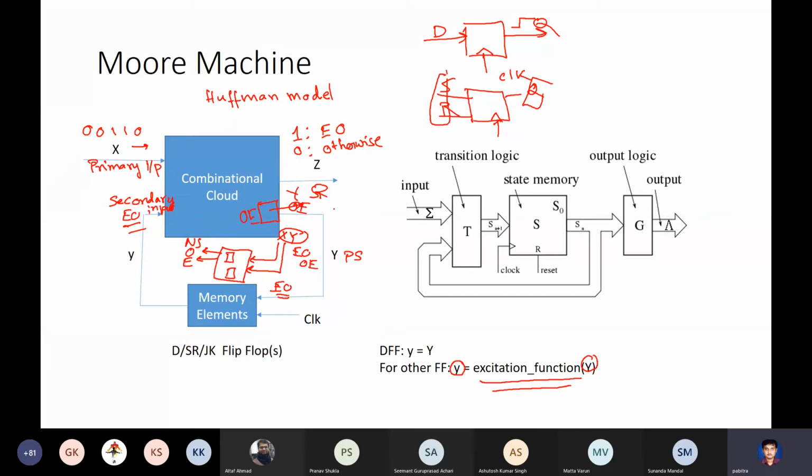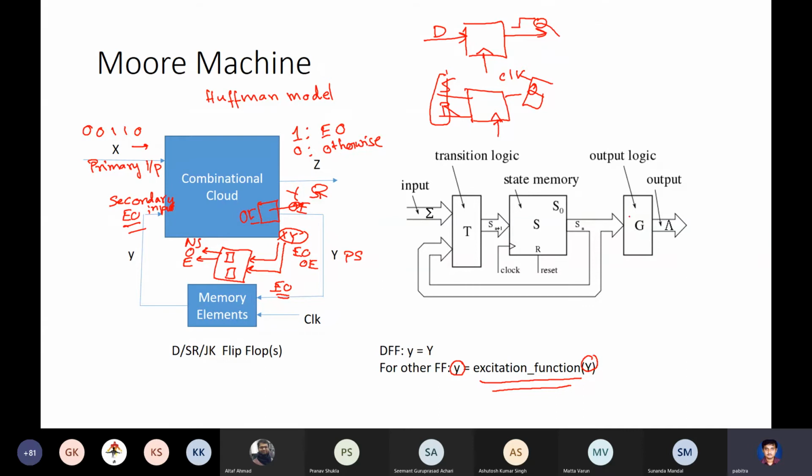But overall the principle is the same. You have memory elements, and you have a combinational cloud, which will convert the input and the present state to the next state. In the case of a Moore machine,